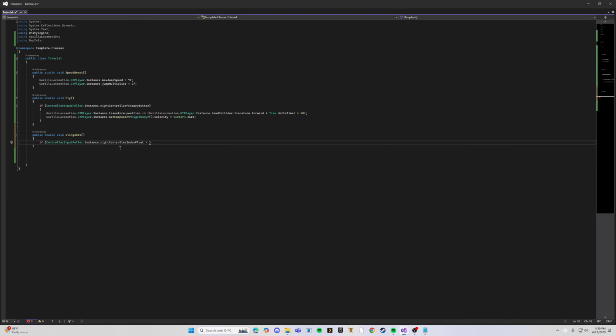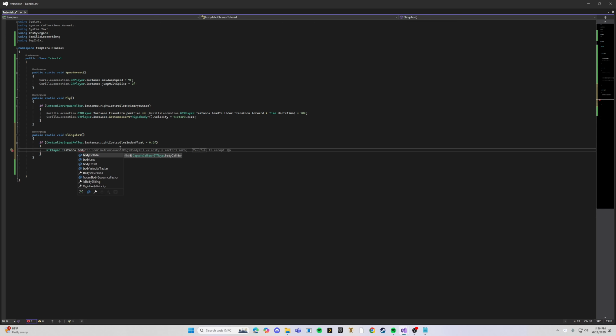Sorry about that. 0.5f. Then we could just do GTPlayer now. GTPlayer.instance.bodyCollider.attachedRigidbody.AddForce(GTPlayer.instance.bodyCollider.transform.forward